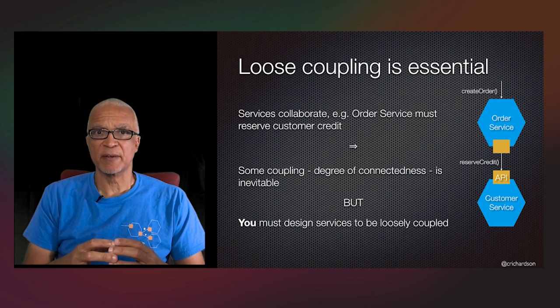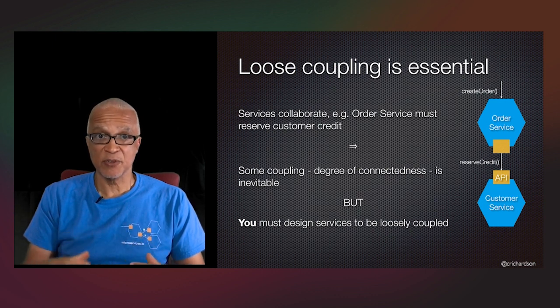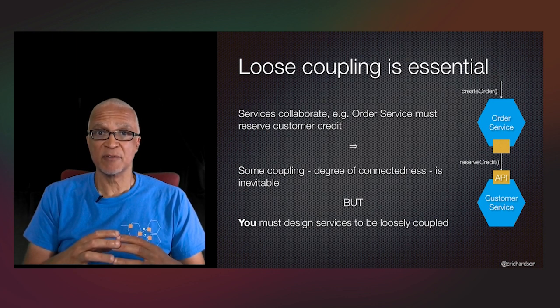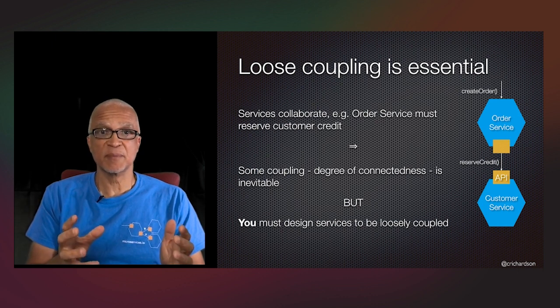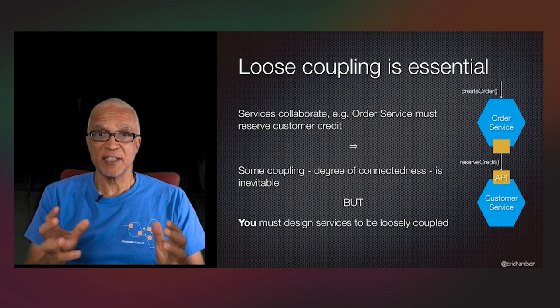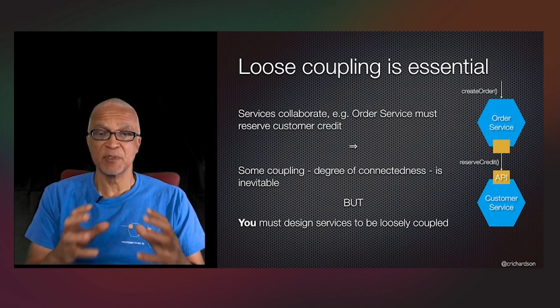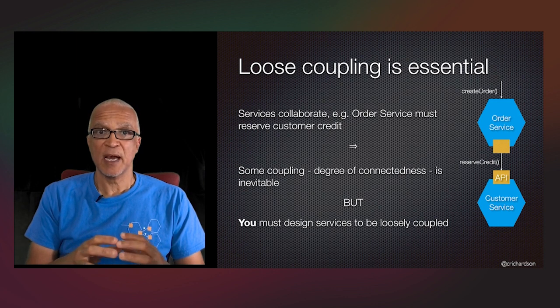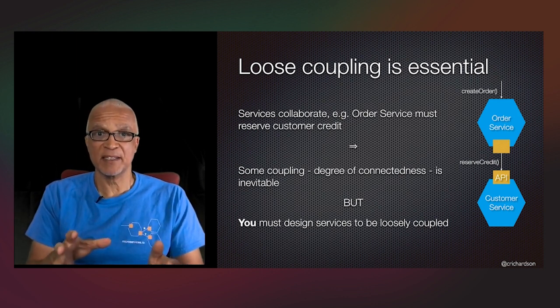So I've talked a lot about loose coupling, but what is that exactly? Services in a microservice architecture naturally collaborate. For example, in the order and customer example that I use throughout this talk, to create an order, the order service needs to reserve credit in the customer service. As a result, these two services must collaborate. This results in coupling, which is the degree of connectedness between the services. However, while some amount of coupling is inevitable,